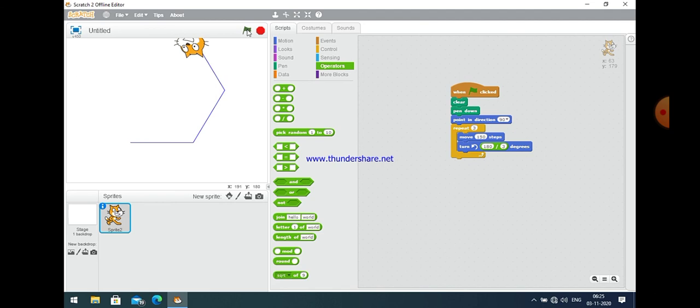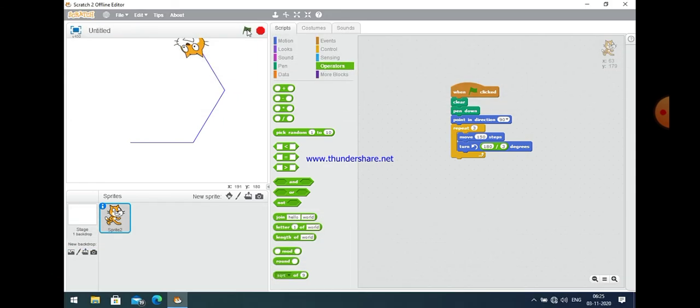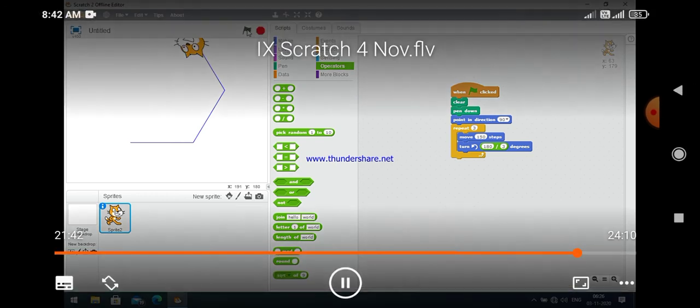So just change the value. First of all, it should be very clear that you always divide 360 by 3, 4, 5 as per the requirement, because the total is 360. So let us check it again.